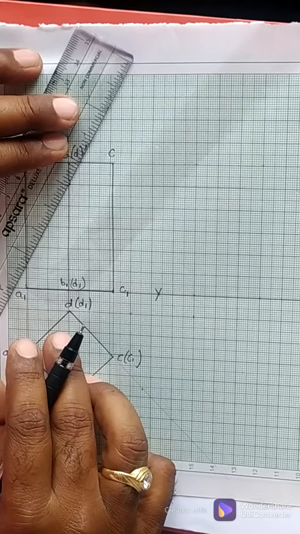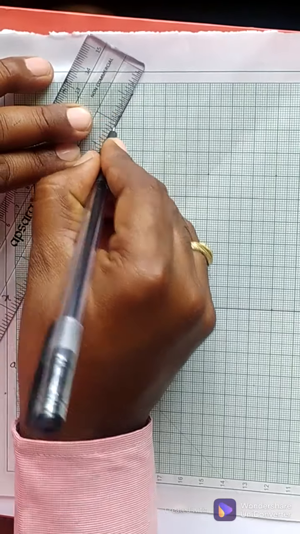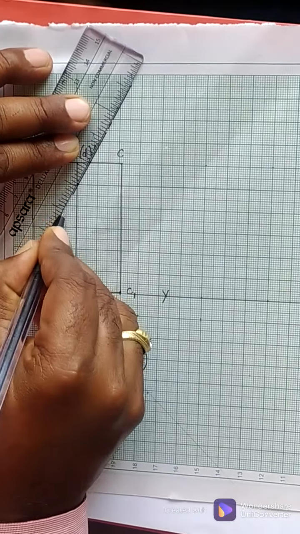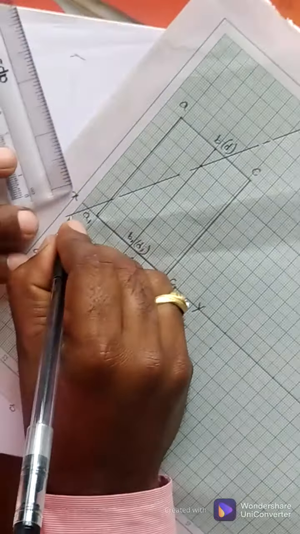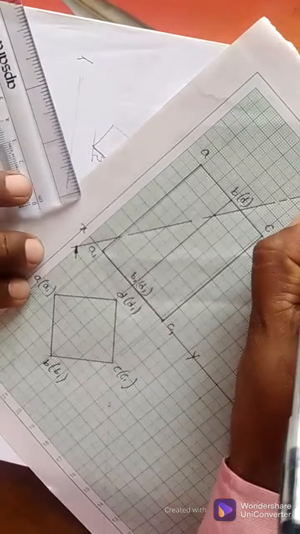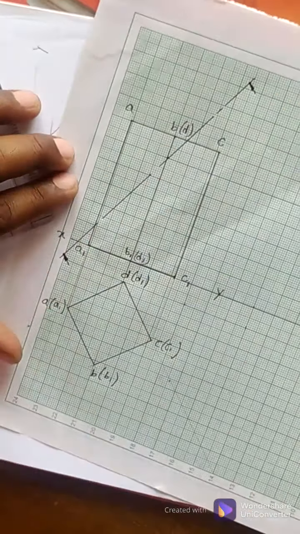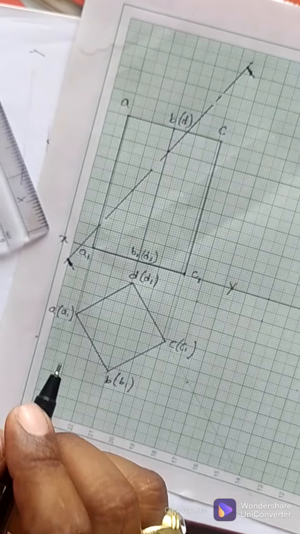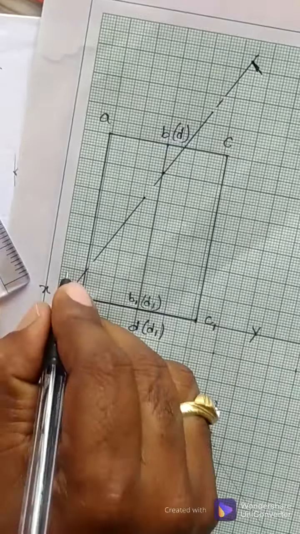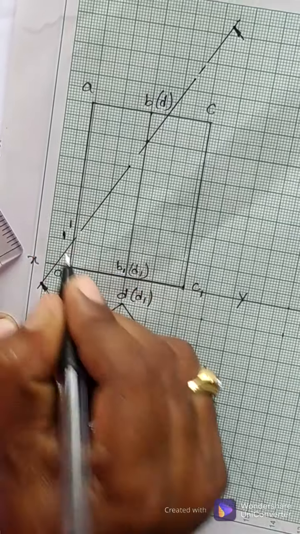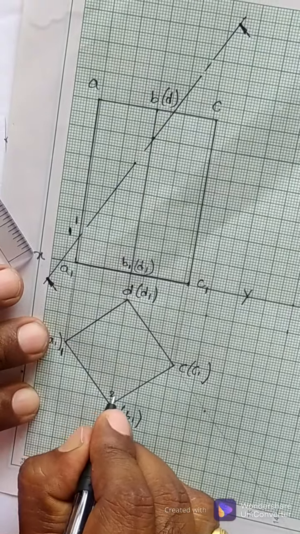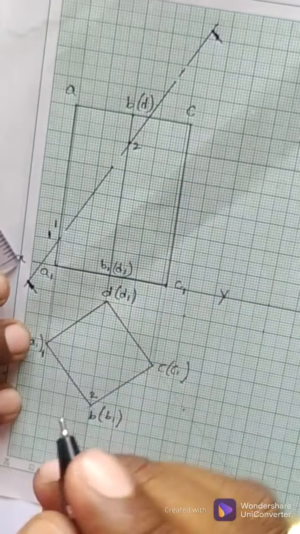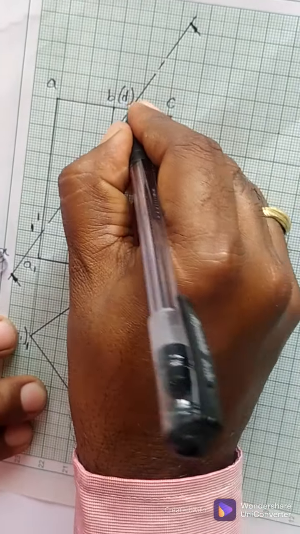So this is our cutting plane. I will show you the cutting plane arrow mark. Wherever the edges are cutting, I am going to give the naming 1 dash. So here is cutting 1 dash. This is 2, so this is 2 dash. Here the cutting will be taking place.